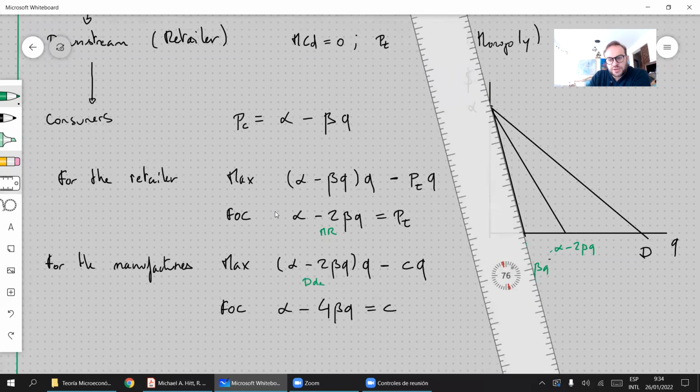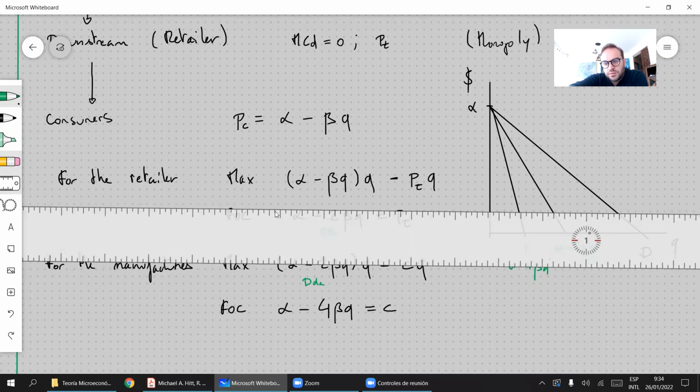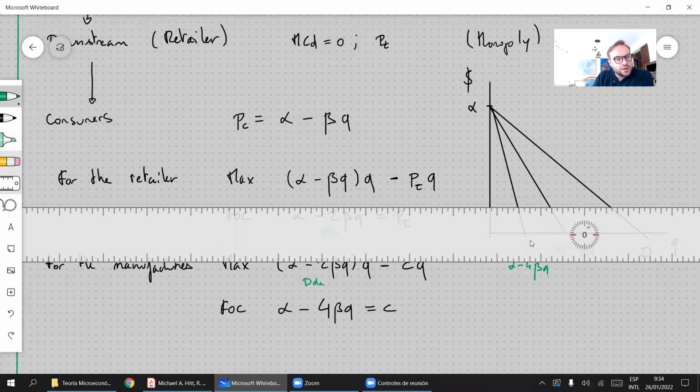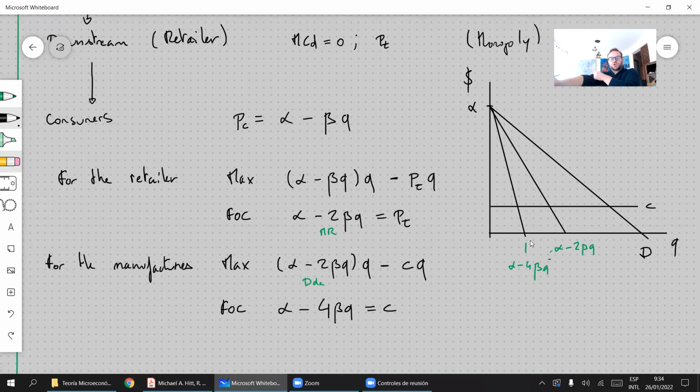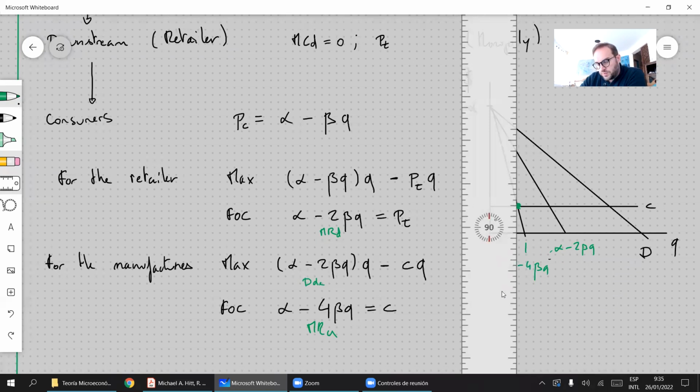So with a constant marginal cost, let's say it's like this, it's constant. So this is marginal cost. So what should happen is that the manufacturer is going to equalize the marginal cost to his marginal revenue, right? So this is the marginal revenue for the upstream firm, and this is for the downstream firm. So the quantity that is going to be produced is this one at this point,